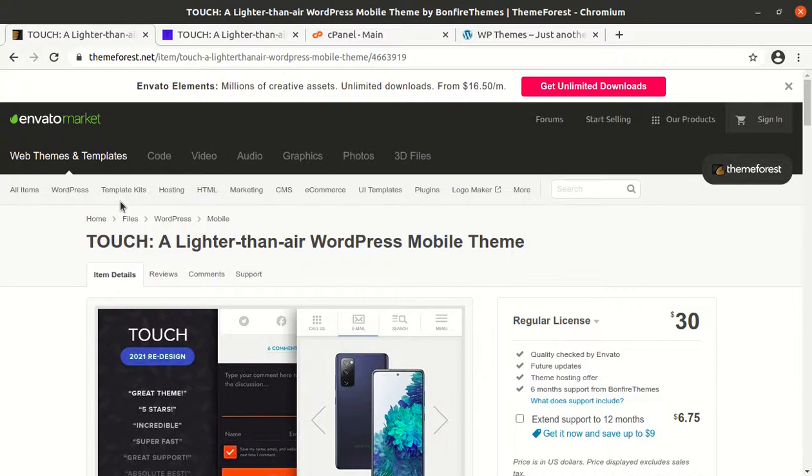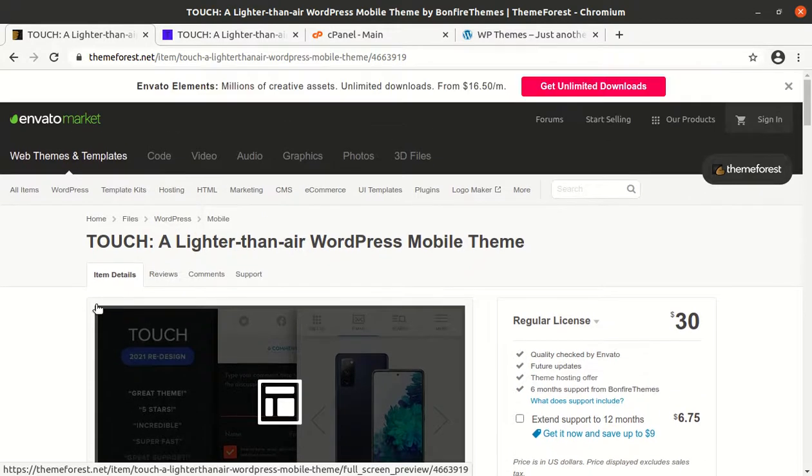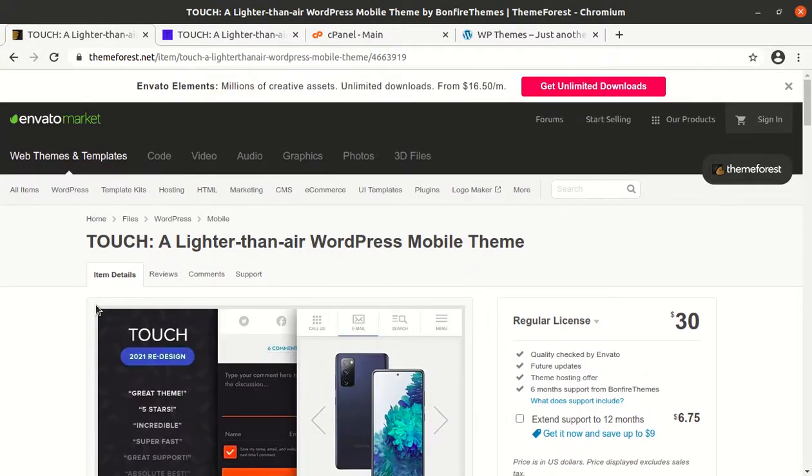Hi friends, when your website grows up, you might need a separate website for mobile phones. That means you might be looking for a theme which has been specifically made for mobile or tablet devices, and you can start an m. version of your website like m.yourwebsite.com. And if you are not exactly looking for this, it can be a very good theme even in that case,